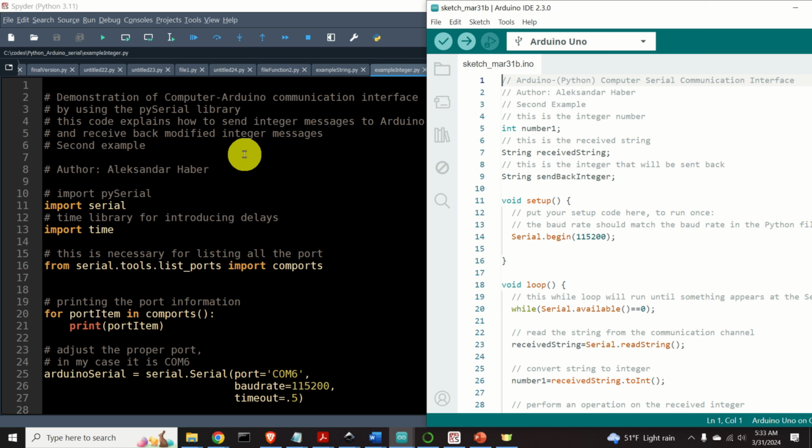This tutorial is developed under the assumption that you're using a Windows operating system. In our next tutorial, we will explain how to establish the communication interface in the case of a Linux Ubuntu operating system. The material and concepts that we explain in this tutorial are extremely important for robotics, mechatronics, and control